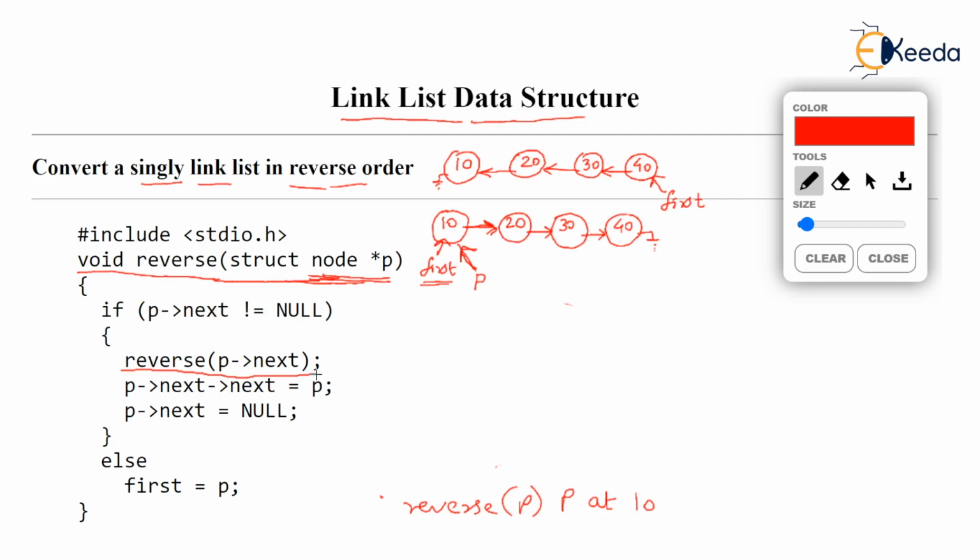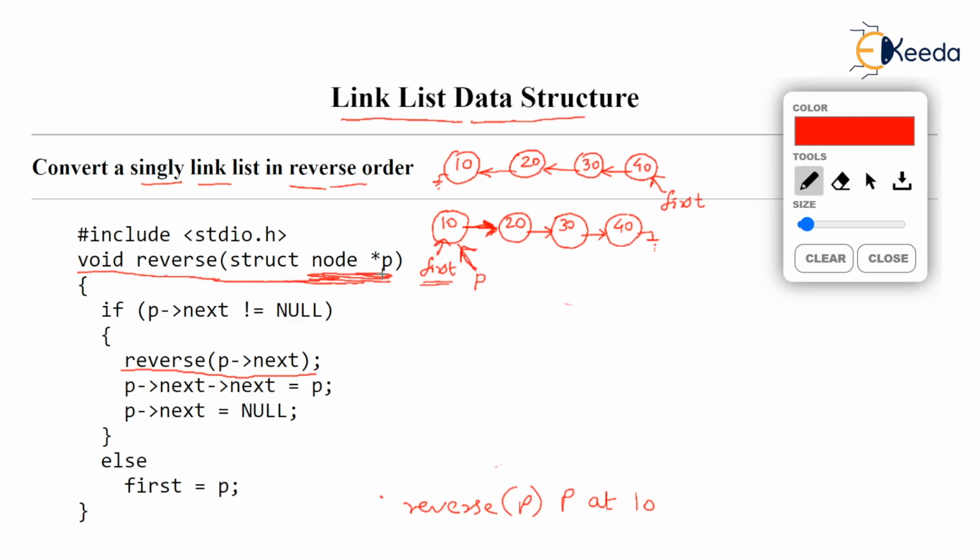Reverse is calling reverse, but the parameter passed is P arrow next. Literally, P arrow next means address of 20. Observe P arrow next, that means next of 10. Next of 10 is nothing but address of 20. So the reverse function is called by passing address of 20, and that address of 20 becomes the parameter P again